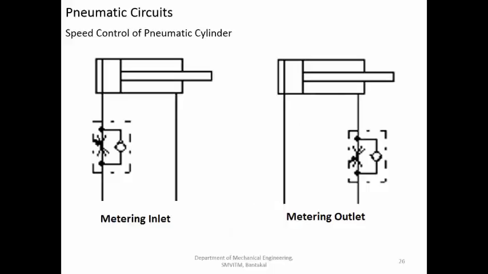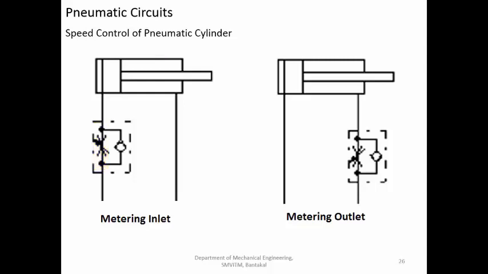Similarly, in case of the pneumatic cylinder, if you are taking metering in throttling, the compressed air entering into the cylinder is controlled here. The figure shows the flow control valve with the check valve. There will be a check valve here in order to allow the free flow of air through the throttling system, so that while the piston is retracting it has the regular speed, and while the piston is moving forward, its speed is controlled by the flow control valve present over here. The figure is a very simplified representation.